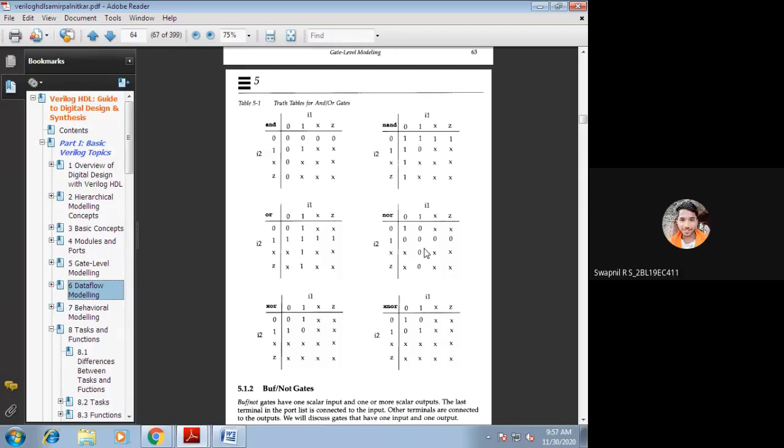Output is 1, I have written 1. Next, I1 is X but I2 is 1. What is your output?